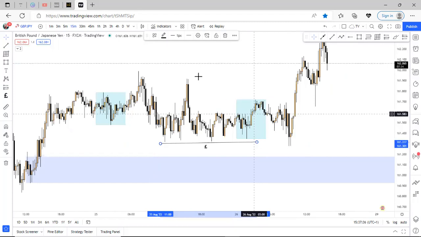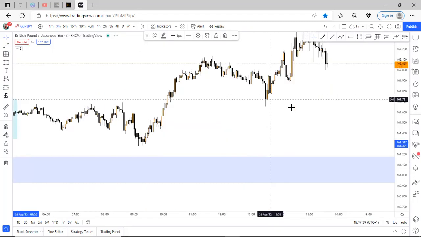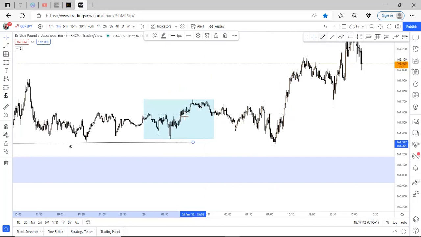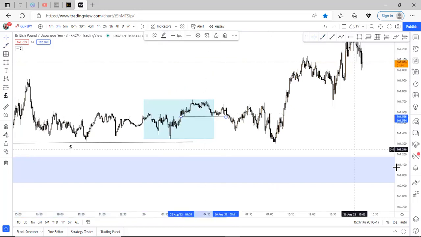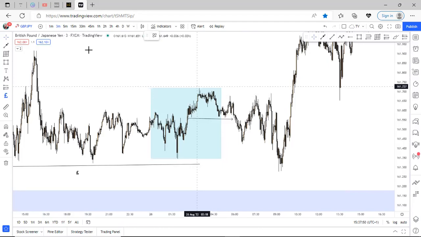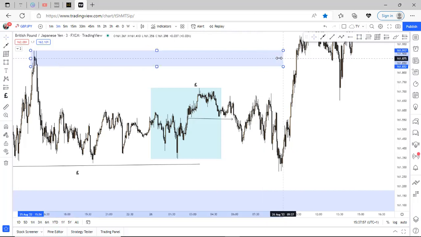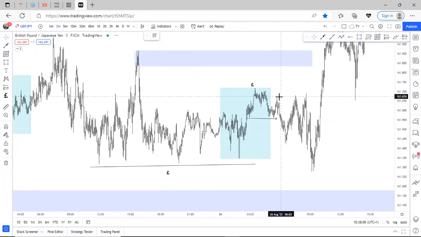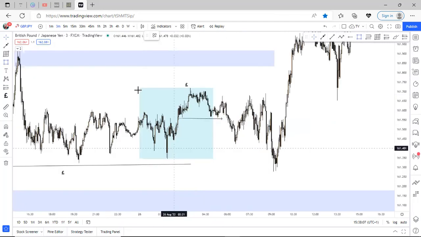So I was able to find an entry right here from this level. As you can see, we had multiple break of structure from right here. It was a risky trade, because just above here we have the Asian range high, and just above that we have an imbalance that needs to be filled right here. So actually taking this sell was a risky one for me, but I just went ahead to sell once I was able to get a confirmation entry.